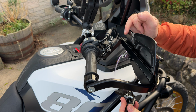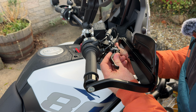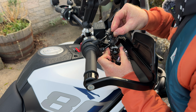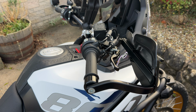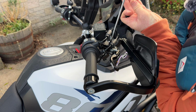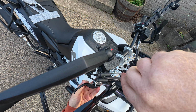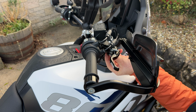Right, there's already a bit of grease in there, so we're just going to leave that on there for fitting this new one. And the new one just slides in there like that. And then just goes back through. And then with a bit of a wiggle, it should go all the way through back in there. So that's actually tight in there. And then we just put this